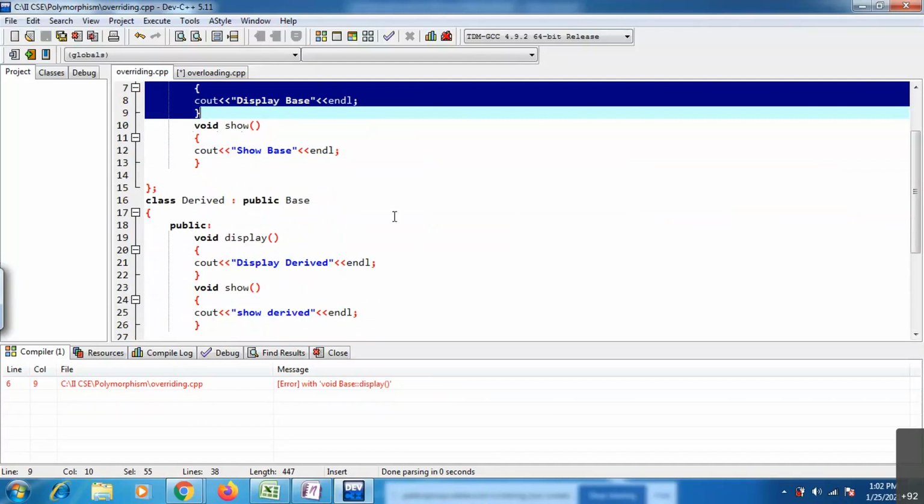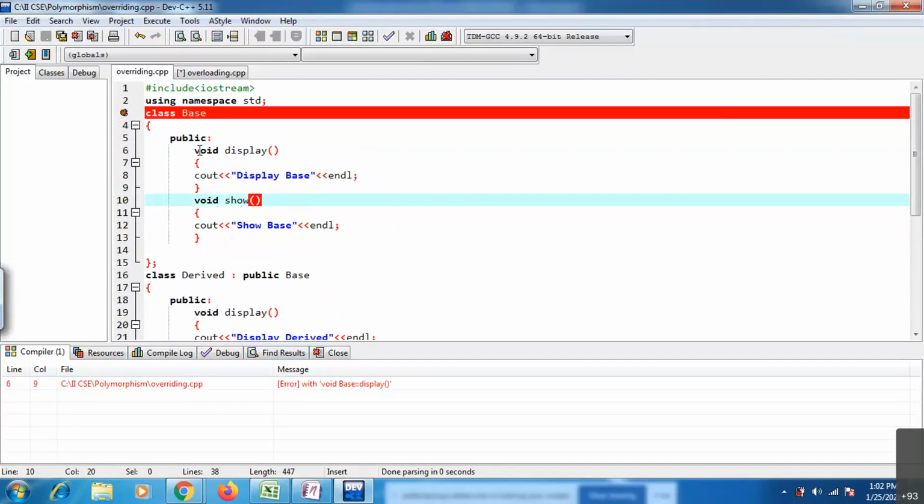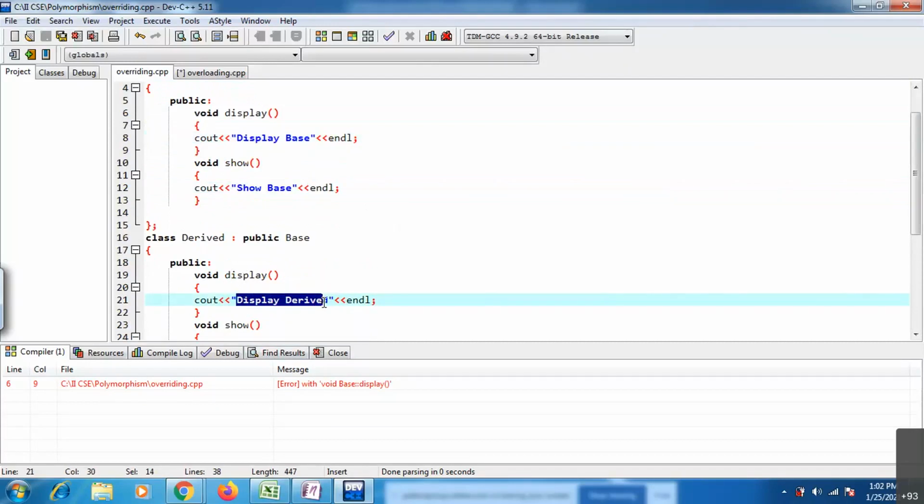In the overriding case, the function call is going to be associated with the function definition at the time of running your code. That means you can see the same function doing multiple tasks. Inside the base class, you are displaying base. Inside the derived class, the same function does some other task, it is displaying derived.